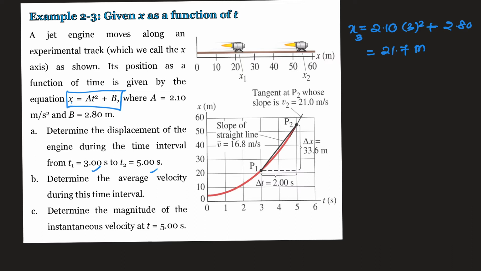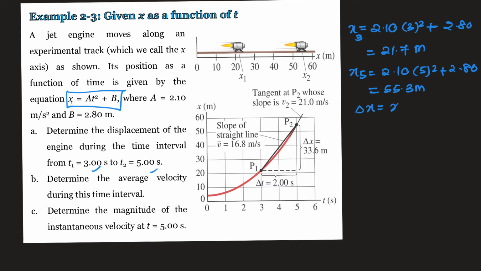Okay, and then you repeat the same thing for the S5. Okay, so the S5, you put it inside the equation, then you are going to get 2.10 times 5 squared plus 2.80. So the answer is going to be 55.3 meter. Okay, so the question asks you to find displacement, so it means that it's going to be the